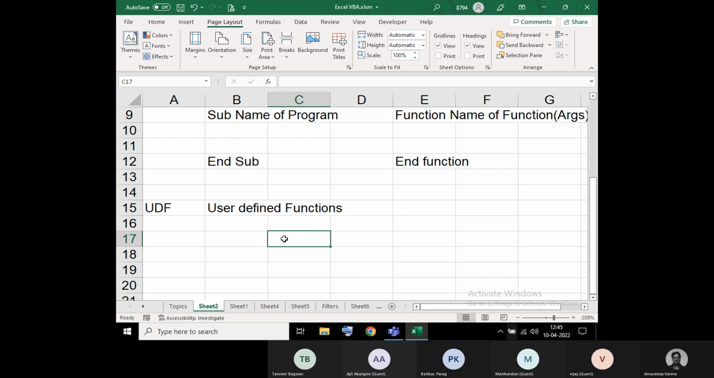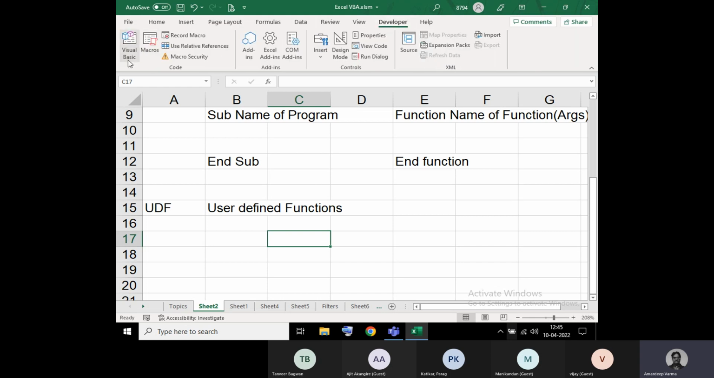Now, how do you go to the Visual Basic editor? From now on, we'll be coding the program. We are not going to record. We are going to write the code. So how will you go to the Visual Basic editor? Developer. Correct. There are multiple methods. One method is you click on the developer tab, then you click on Visual Basic,